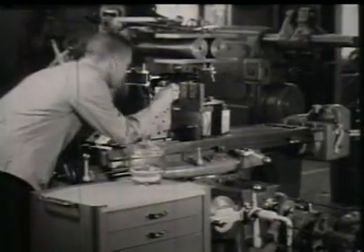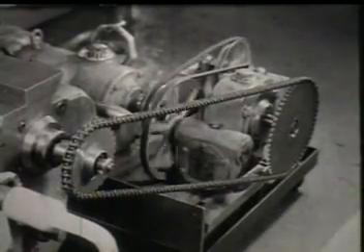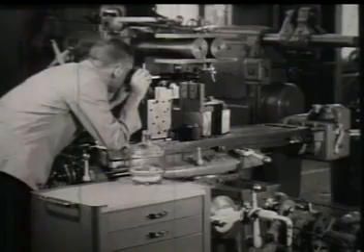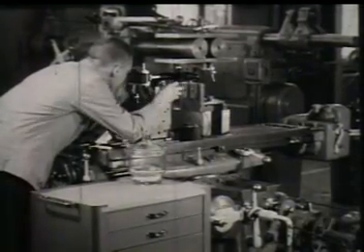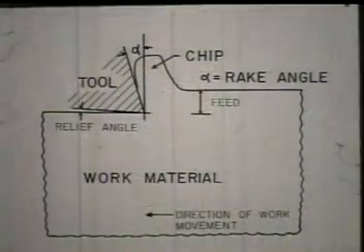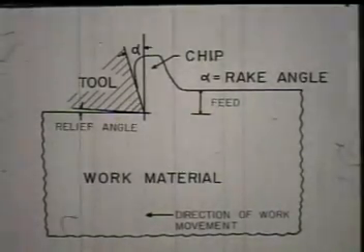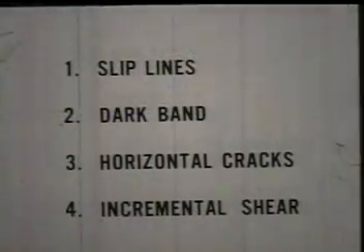To prevent vibrations of the machine motor from blurring the image, a special gear train was arranged. One of the important variables in the chip forming process is the rake angle. It plays a vital role in efficient chip formation. This sketch illustrates the commonly used nomenclature for describing chip formation during machining. There are 4 specific details the viewer should look for when observing the actual chip formation process. They are slip lines, a dark band, horizontal cracks in the direction of cutting, and incremental shear along an